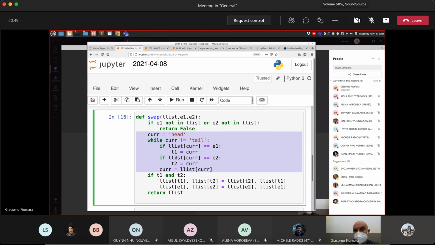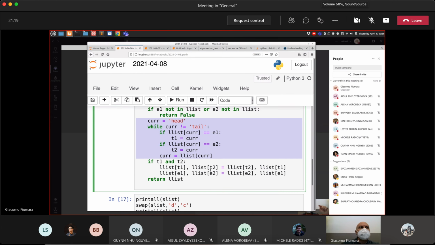If it happens that the next node will be E2, we store the position of the current node in T2. And we update the current node in order to skip to the next one. So car equals a list of car. Okay, if we found both T1 and T2, so if searching for left nodes with respect to E1 and E2 succeeded, then we simply have to swap these two